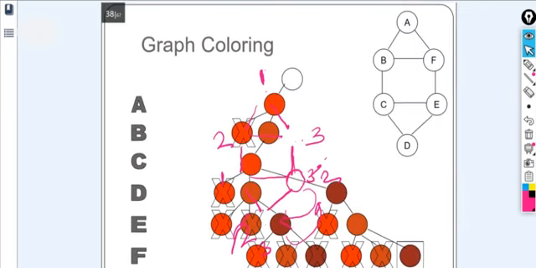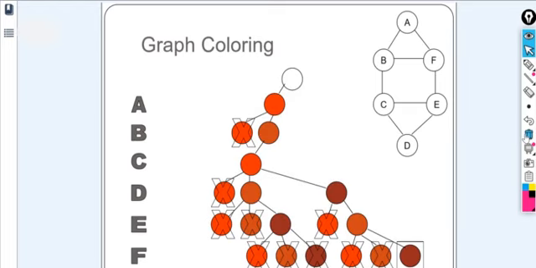This is the graph coloring process, the state space diagram that is shown here. Let's see how we decided. First you chose color number 1 for the A node. We have represented the nodes here: for A, we have taken color number 1. What is next? For B, we take the next color. You cannot apply color number 1, so we took color number 2, right? For C, we can apply color number 1, so we have taken color number 1.